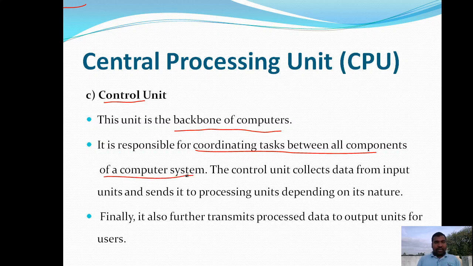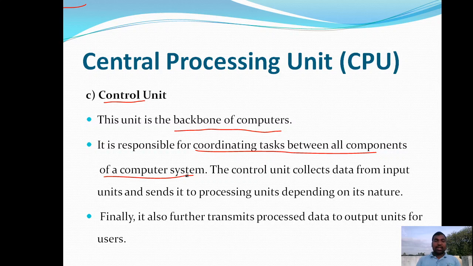For example, the data transfer from the memory unit to the arithmetic and logical unit can be done only when the memory unit receives an instruction from the control unit to transfer the data available in a particular memory location. Then only is the memory unit able to transfer the data from the memory to the ALU.